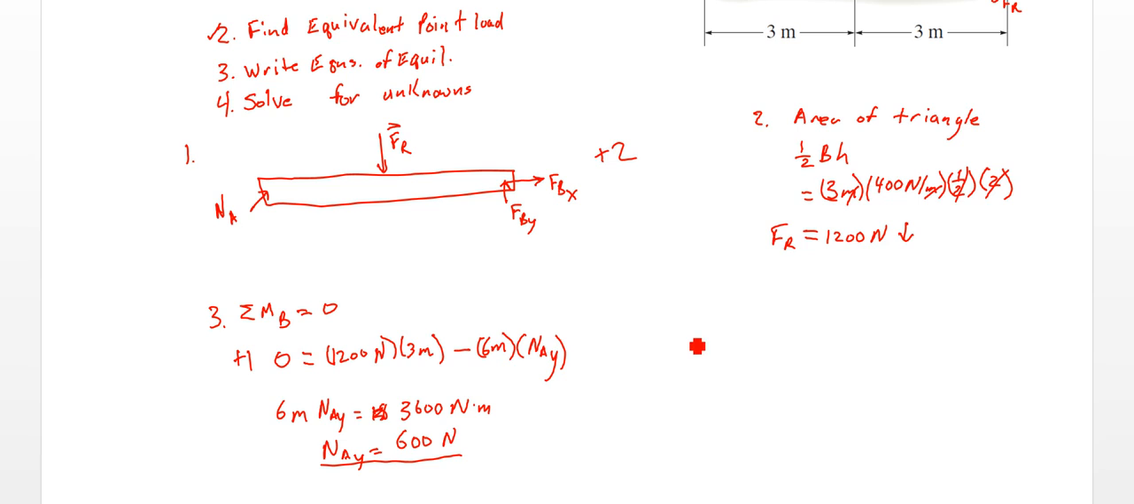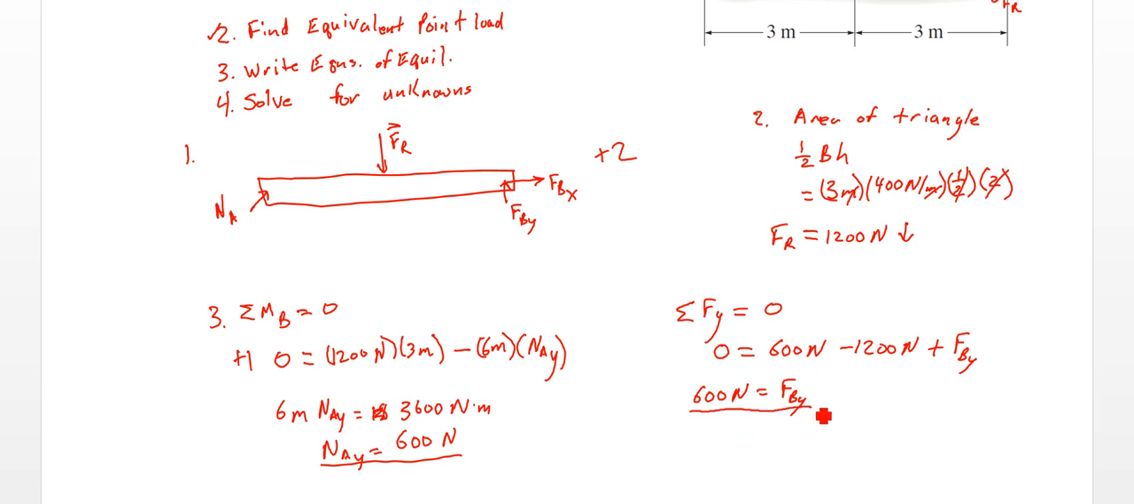Alright, so we have that part. Now let's do our equations around the equilibrium equation in y direction has to equal 0. So what do we have there? We have plus 600 newtons from normal part of A, minus 1200 newtons, plus FBY, all equals 0. So we'll move this 1200 to this side, that makes it positive, subtract 600 from that, so we'll get 600 newtons equals